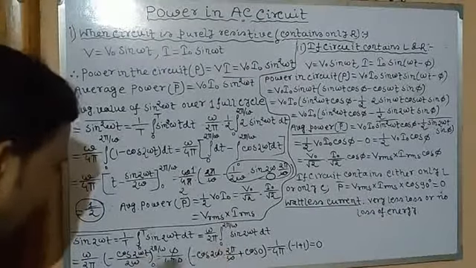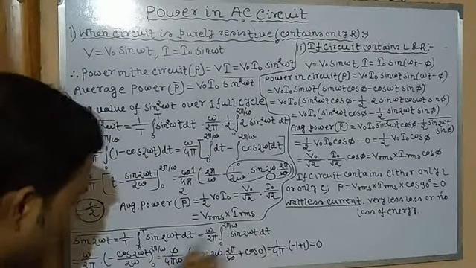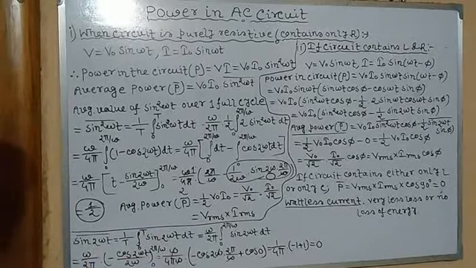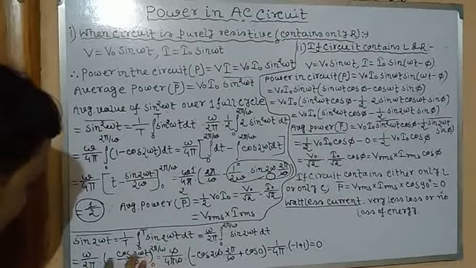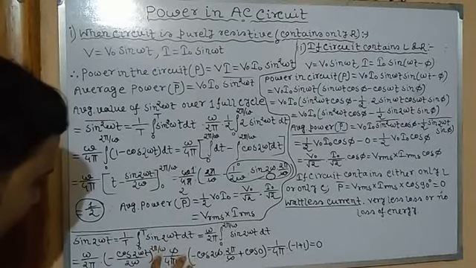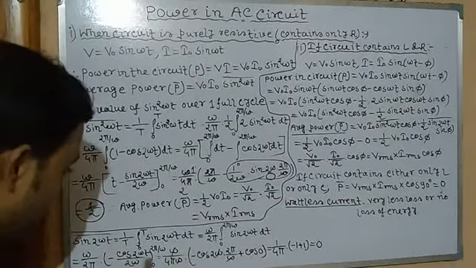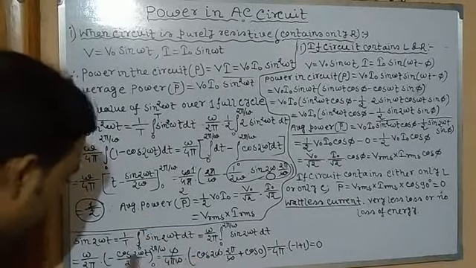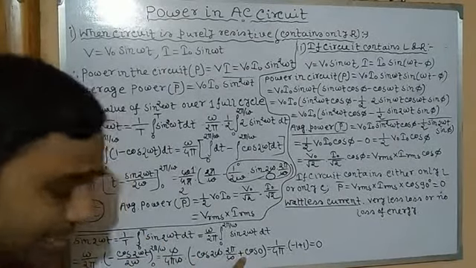So the integration of sin 2 omega t is minus cos 2 omega t, and then 2 omega is a constant term, so divided by 2 omega, limit 0 to 2 pi by omega. Then omega by 2 pi, then 2 pi will come out, so it makes 4 pi omega. Then minus, at first the upper limit minus the lower limit. Since initially it is minus, it will be minus cos 2 omega t. 2 pi by omega will be substituted in the value of t. So cos 2 omega into t, 2 pi by omega. Now it's plus. Why plus?